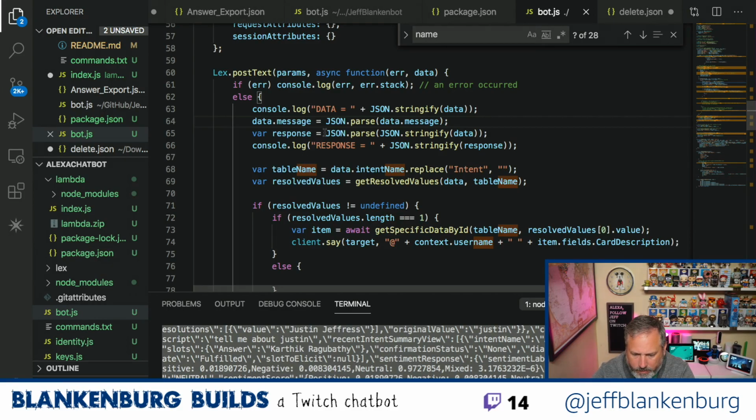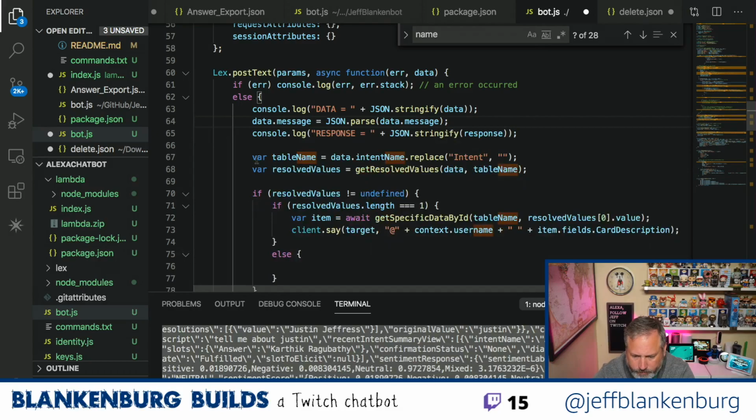And then I don't think I need to do any of this. We could just use data. Which it appears I was doing anyway, so why did I have this response object at all?